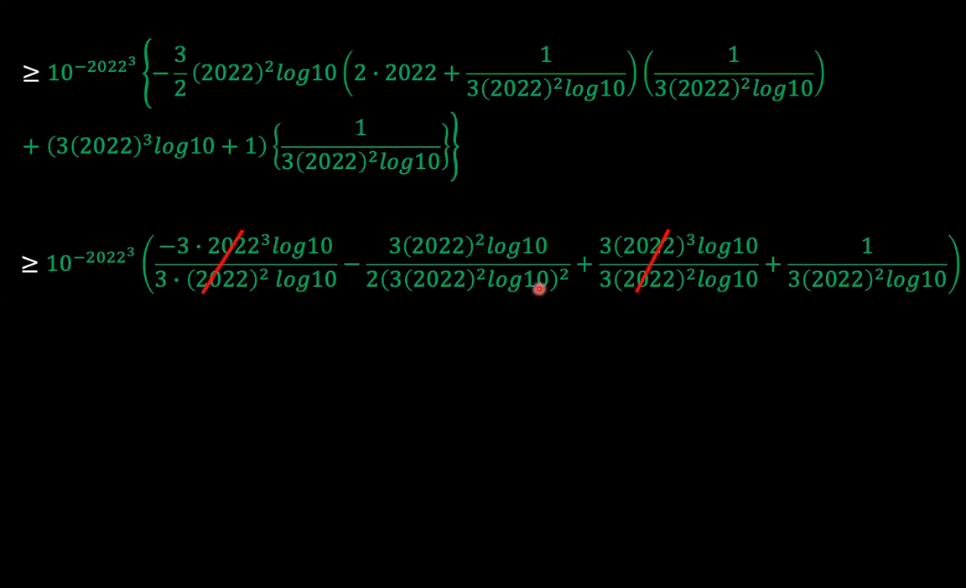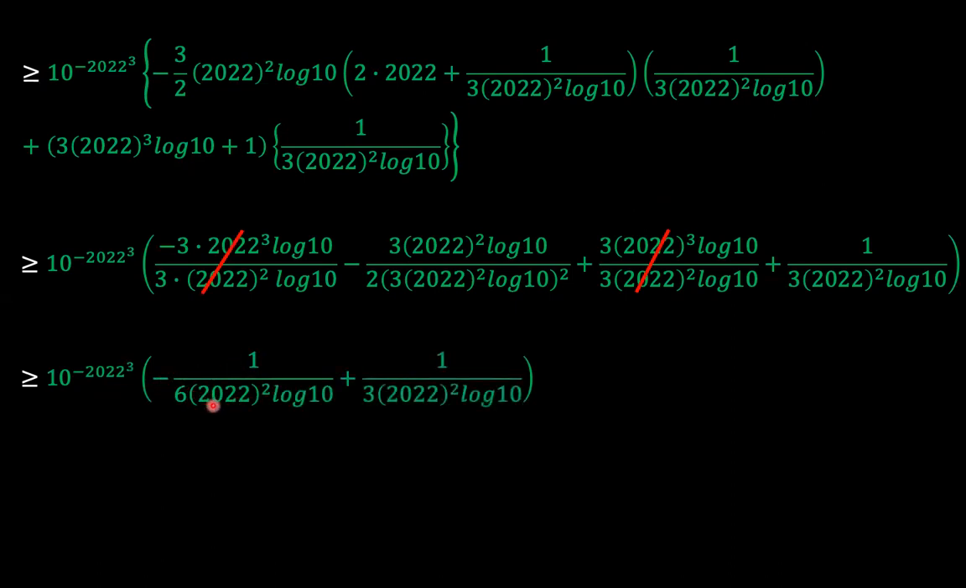And then since we have a square here, canceling with 1 of the 3 times 10 to the power 2022 squared log 10, we are left with the constant times, in brackets, 1 over 6 2022 squared log 10 plus 1 over 3 2022 squared log 10. So this is a third of this minus a sixth of this, and we are left with the constant times 1 over 6, the 2022 squared log 10. Okay, so